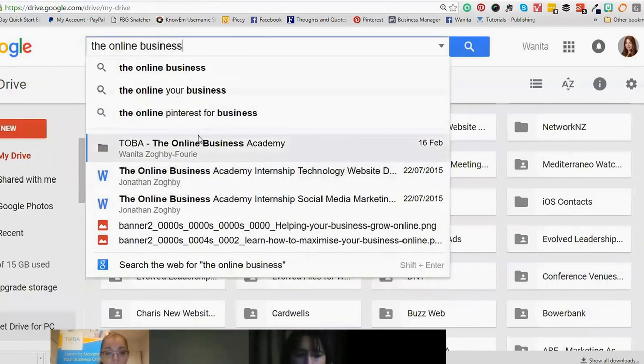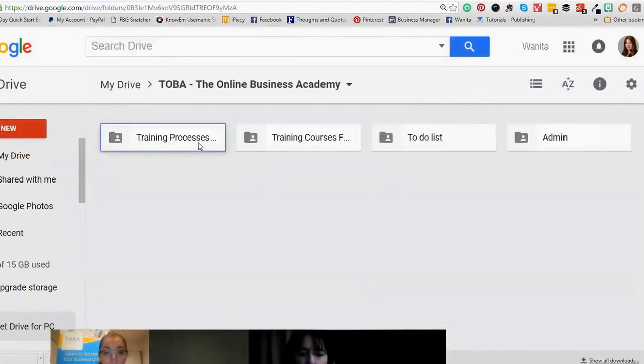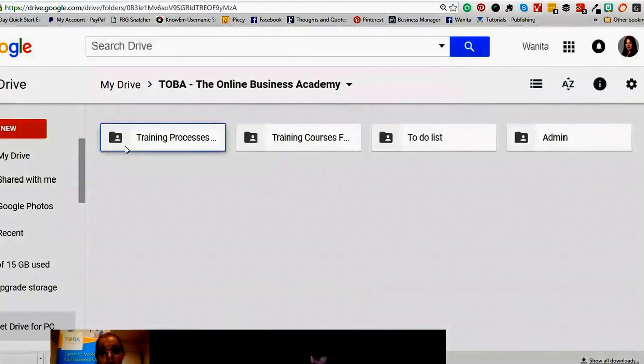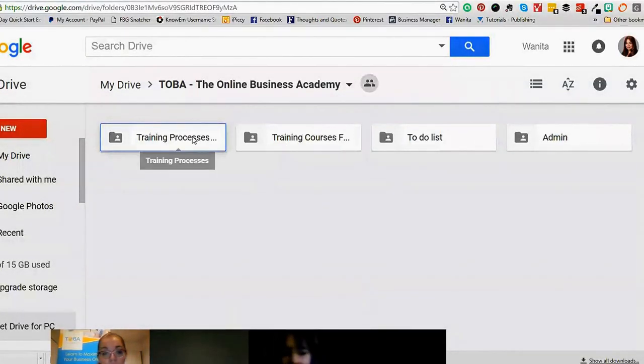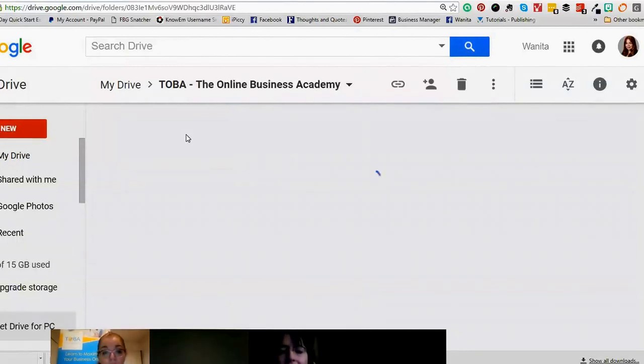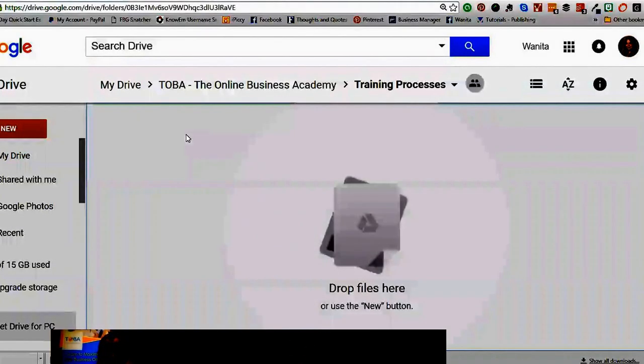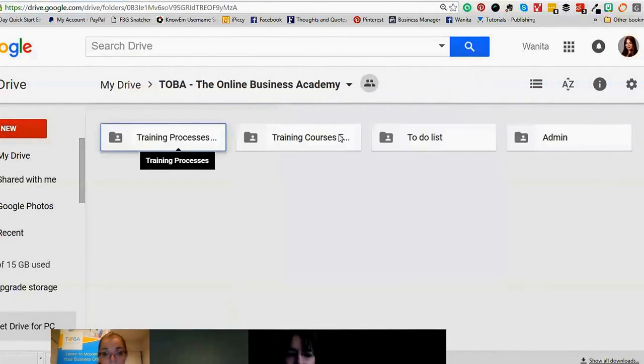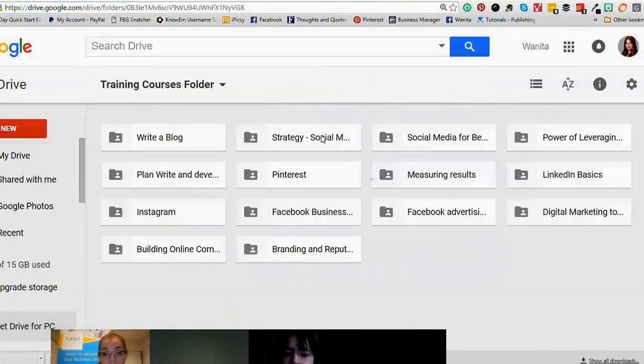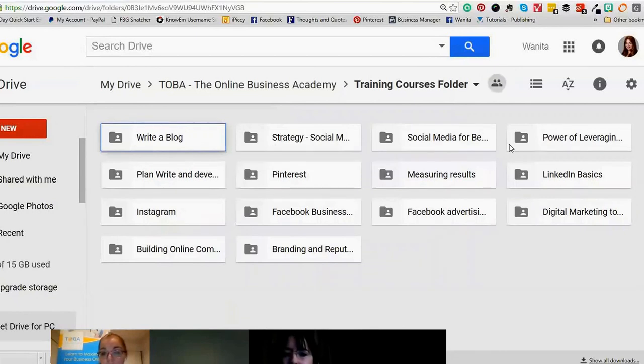Okay, and it'll pick up the names, and I can pick up the folders. So you'll see over here that I've got only 4 folders in this particular folder. And if I drop down into them, you'll see that every single one of these has got,